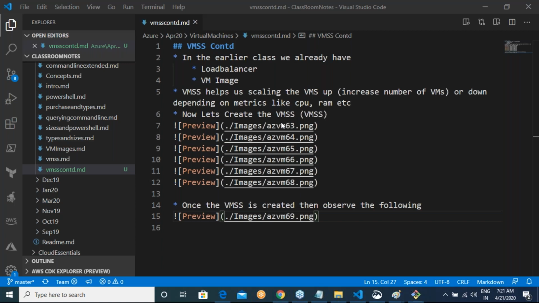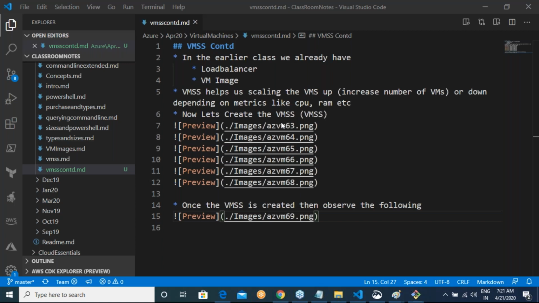Tomorrow we'll correct this VM scale set, and then we will speak about something Azure is coming up with, actually it is already present, in preview mode. They want to give VMs also in an orchestration mode. So we'll speak about that. But at this moment, I am not interested in all of that.